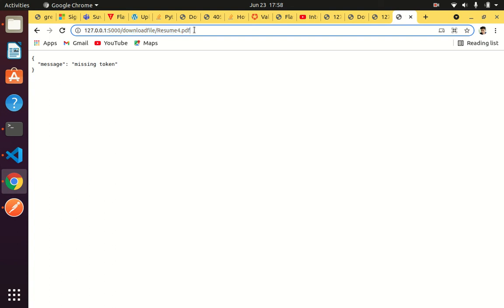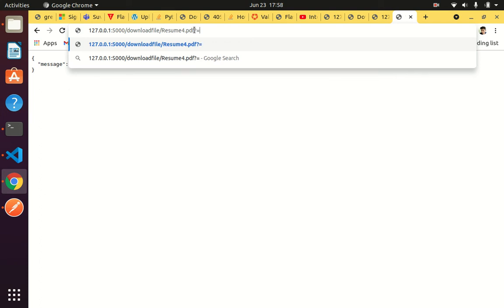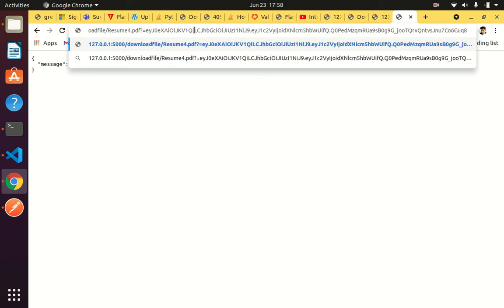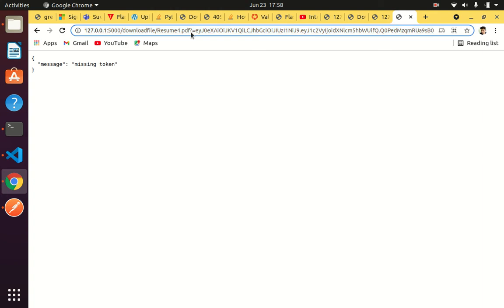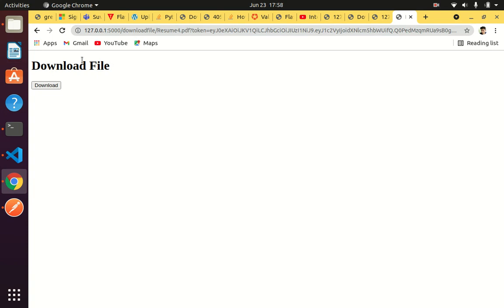So once I give a valid token, question mark token equals, paste. Okay, this has to be token equals, and there we go. So we got this. We gave a valid token, and we hit this route, and now I am presented with a nice interface where I can just download the file.